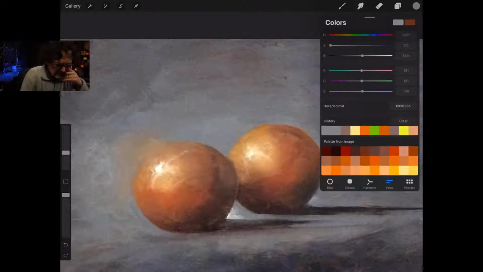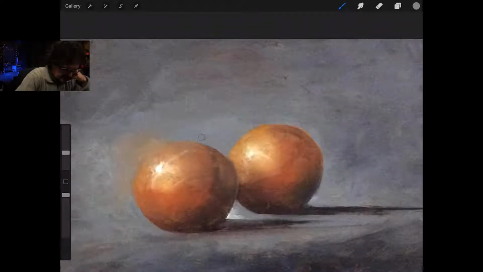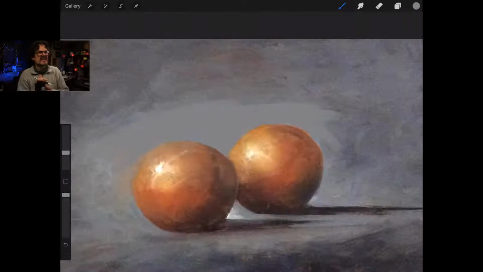So that blueness has a little bit of a harshness to it, right? It kind of cuts those things out. Now it can be good for clarity, right?